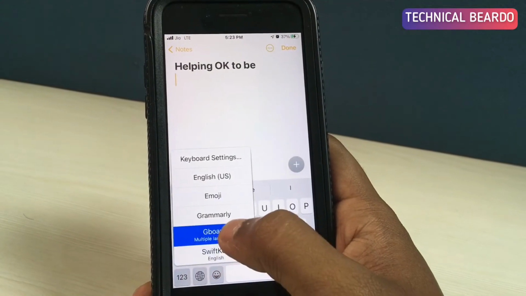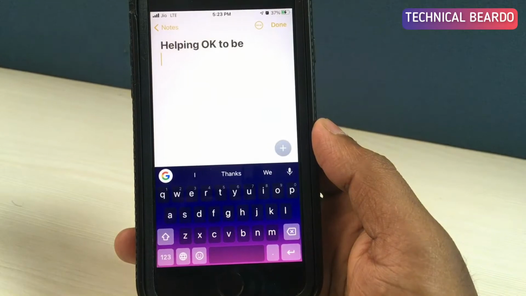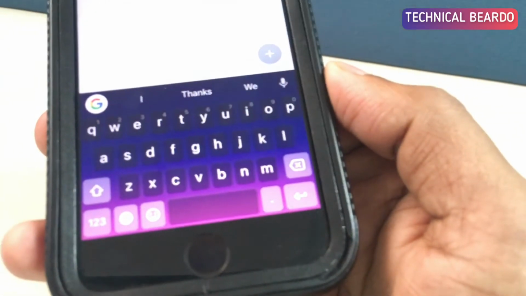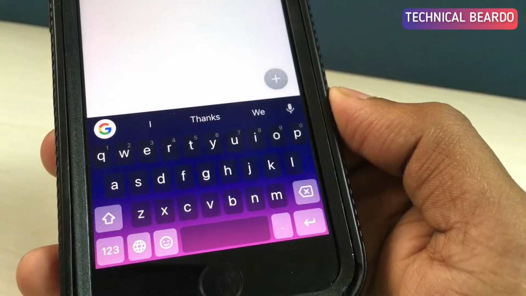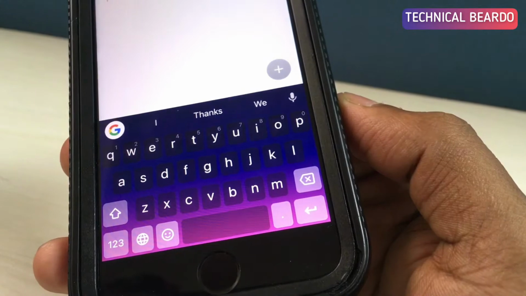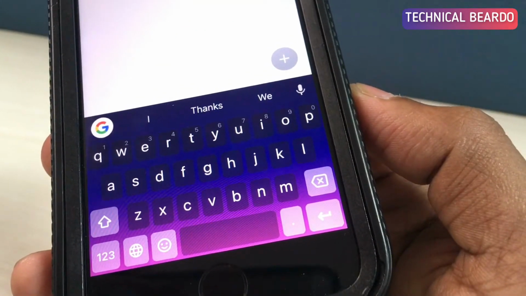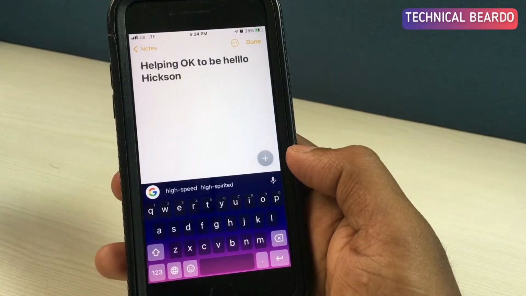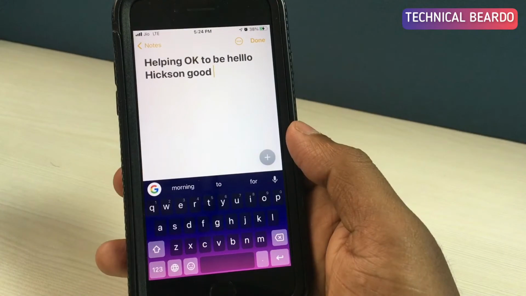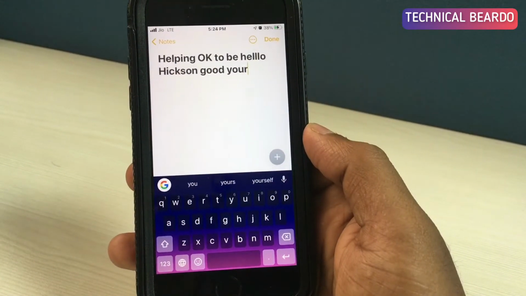Talking about how the Google keyboard actually works or looks, once you activate it, you can see how amazing it looks, right? The theme looks really amazing and awesome, and it is a very simple layout just like your iOS keyboard, but the experience of typing is really cool. The sounds and the vibration while typing are really amazing. It is actually giving you vibration while typing words on this keyboard. And other than that, there are other amazing features available here.